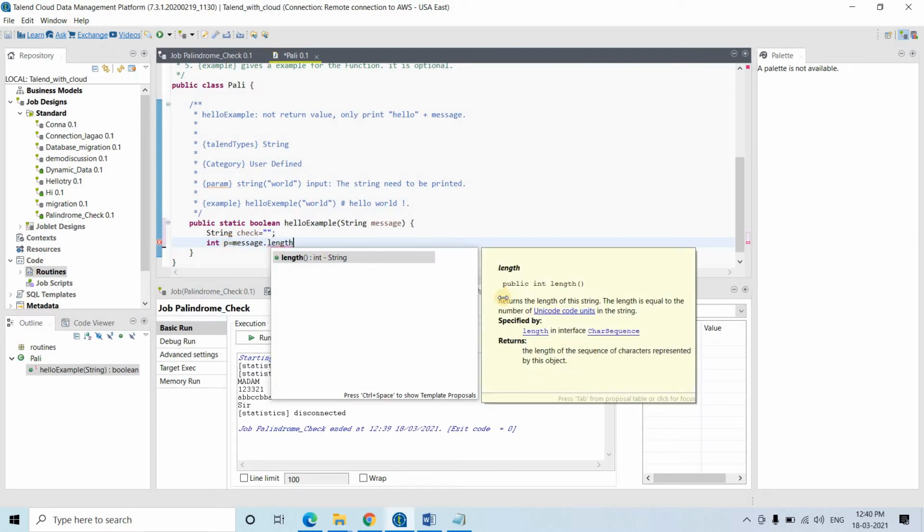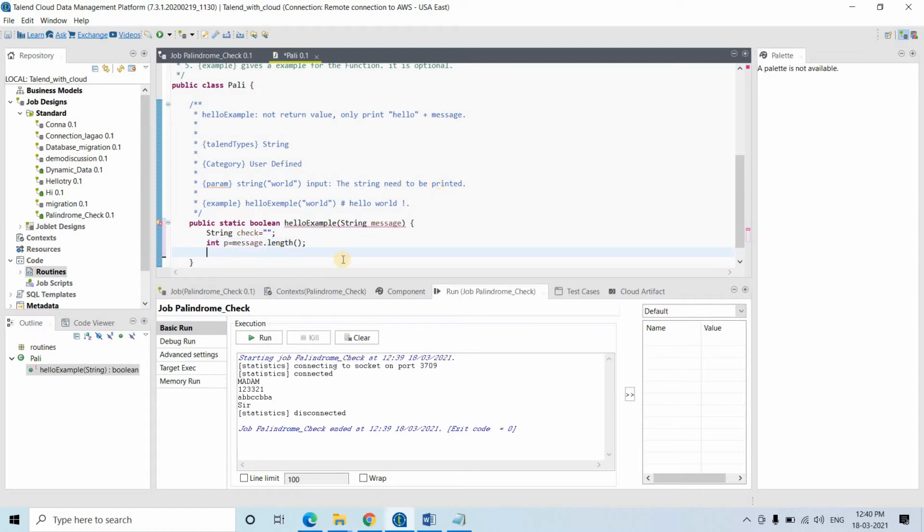Here you can see you are getting the hint also. Now we'll be iterating over our original string from the back side, for int i equal to p minus 1. From length minus 1 we have to start, i greater than or equal to 0, i minus minus.